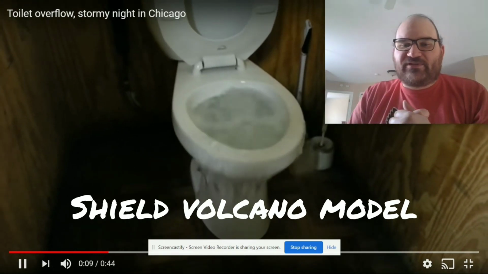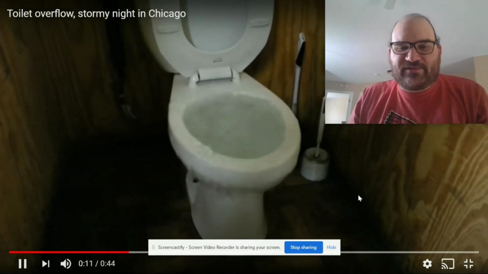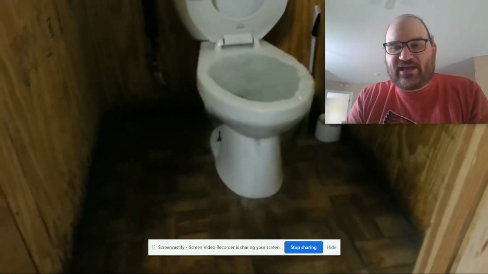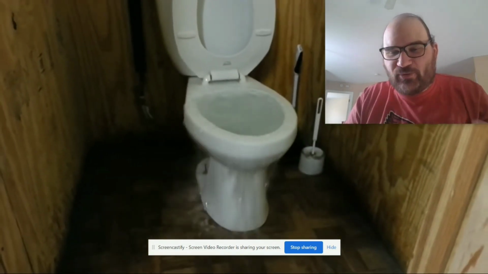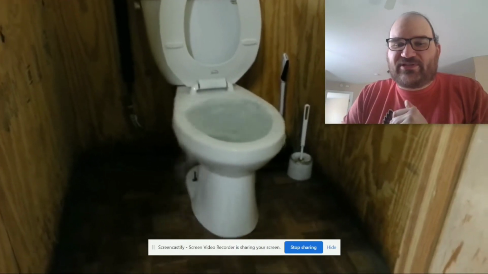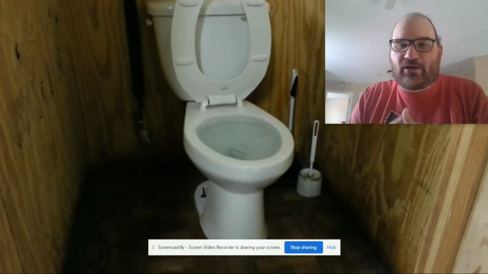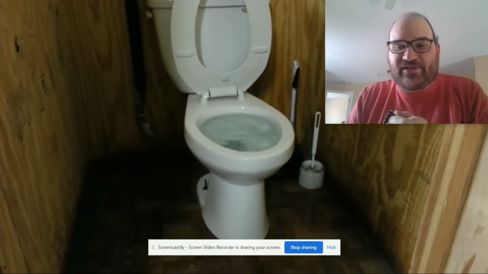And for this one, this is our basic sign of the field volcano. You can see where it flows over the sides. Simple, more liquidy lava flow. And we used this example in class of the toilet having an issue and just kind of overflowed all over the floor. Did leave the sound on this one because